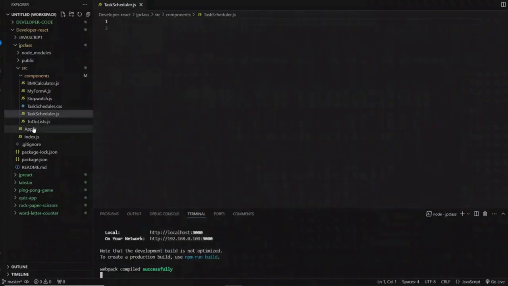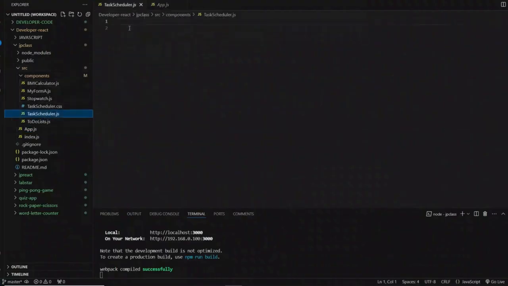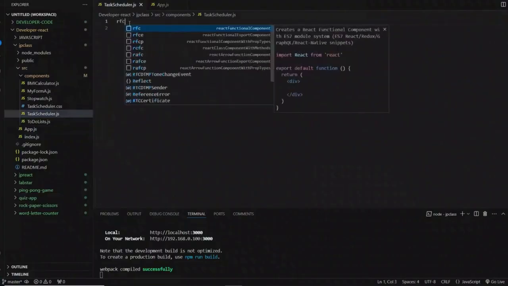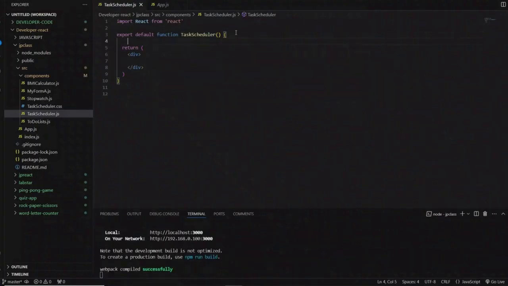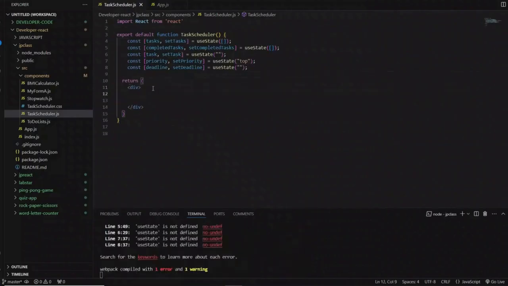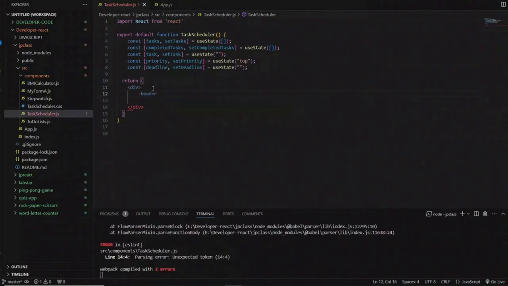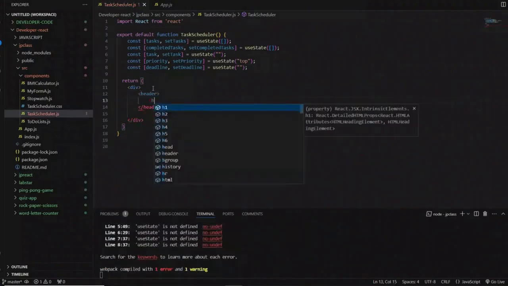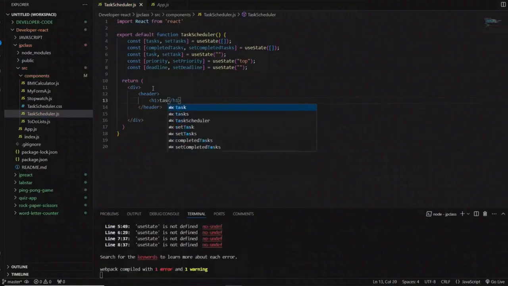Welcome to app.js. I already created these things, and then we go for the task scheduler. In this RFC, we create 5 tasks. CSS header, in this header h1, task scheduler, and after that